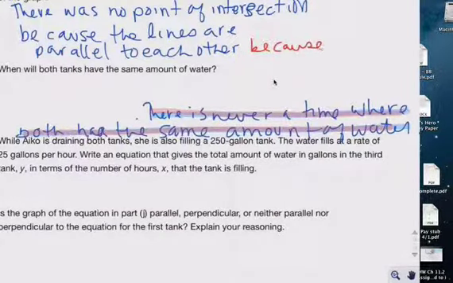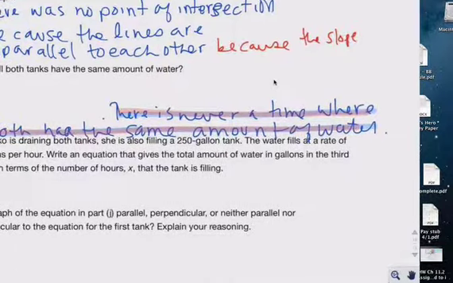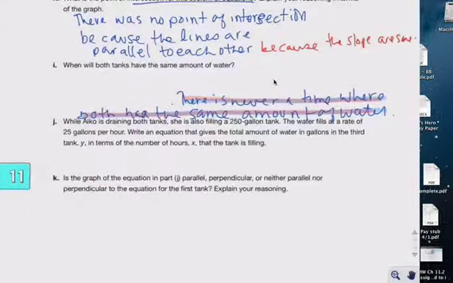You need to explain that. Forgot to put that. The slopes are the same for this one. Okay. And this one,